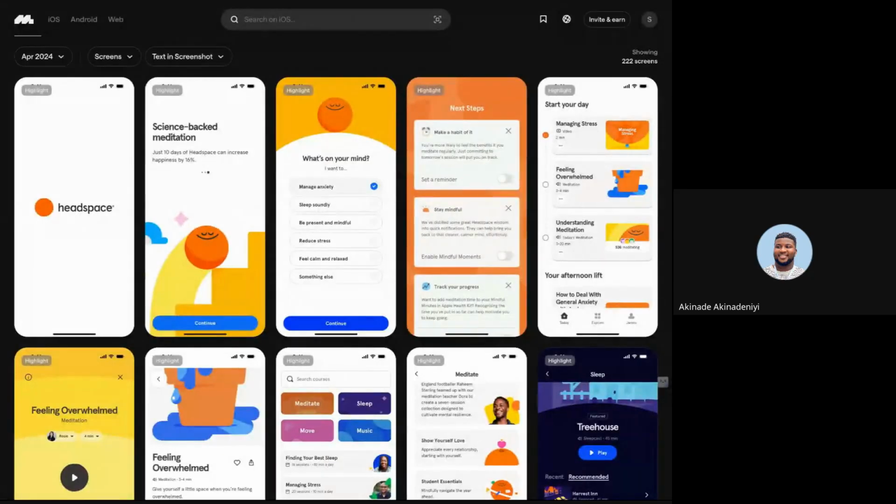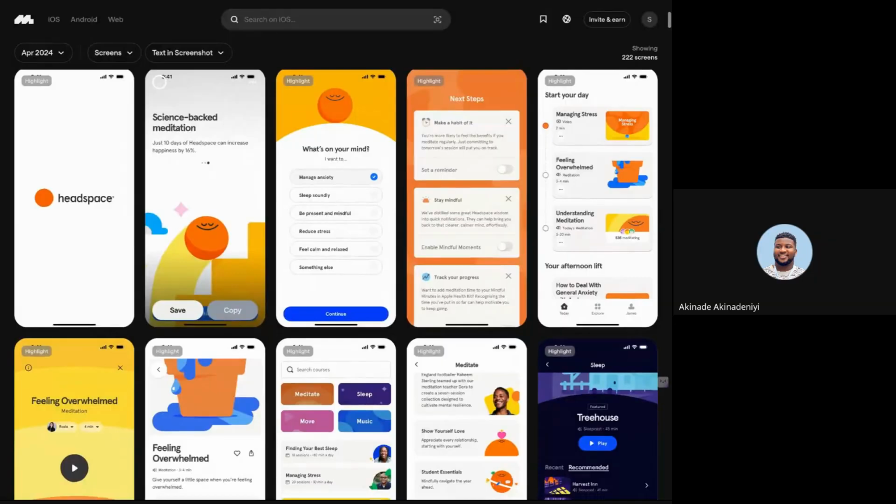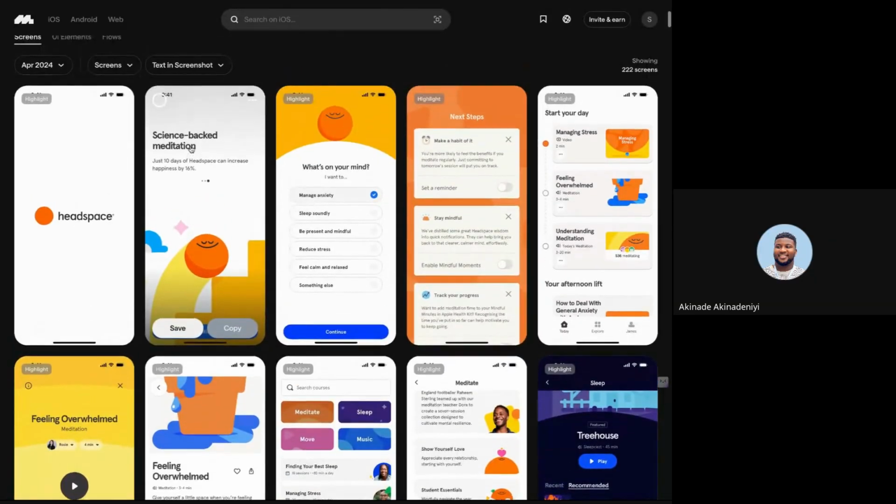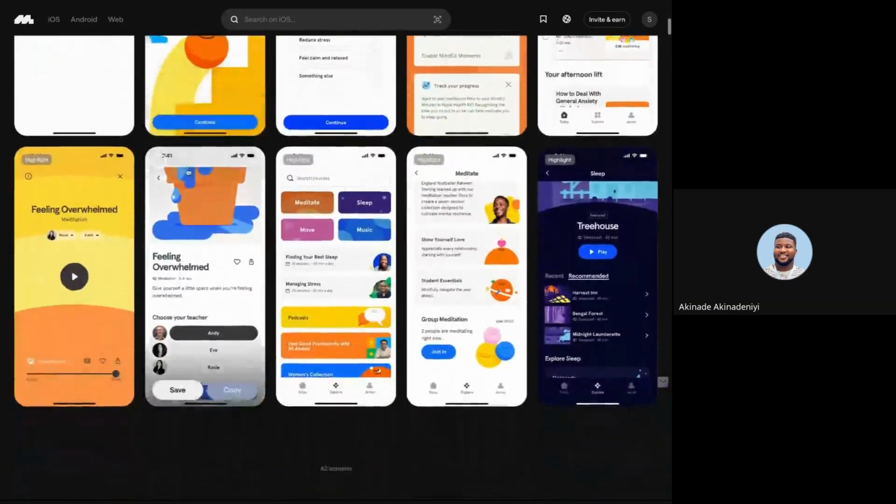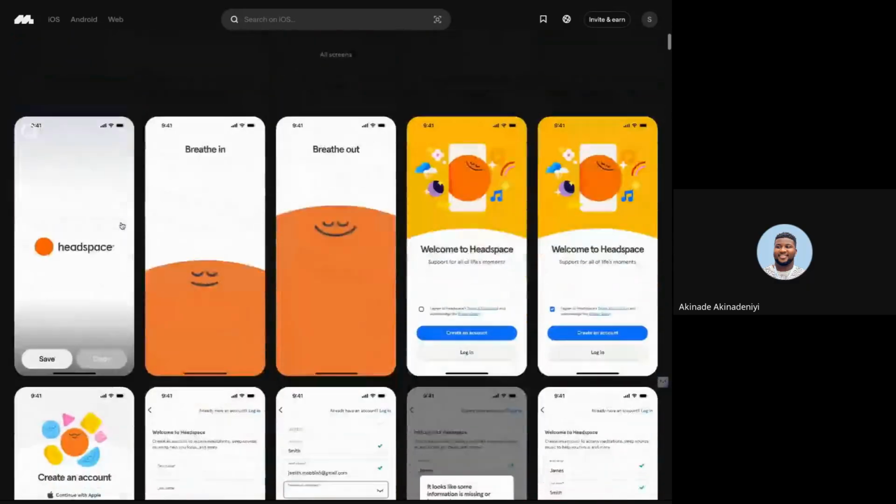Okay, so this is an app called Headspace. I'm very sure not everybody knows what Headspace is. So because of that, they have this set of screens that allow you to get an idea of what the application can do for you. So you notice it's part of onboarding. You can see sleep, meditation, feeling overwhelmed. Let me try to go to their onboarding.